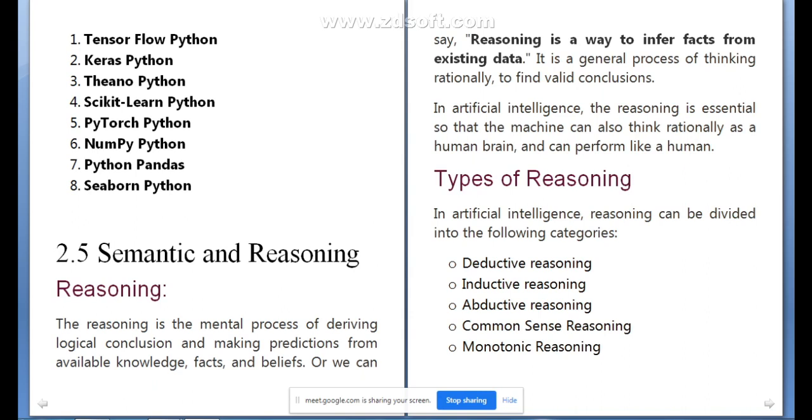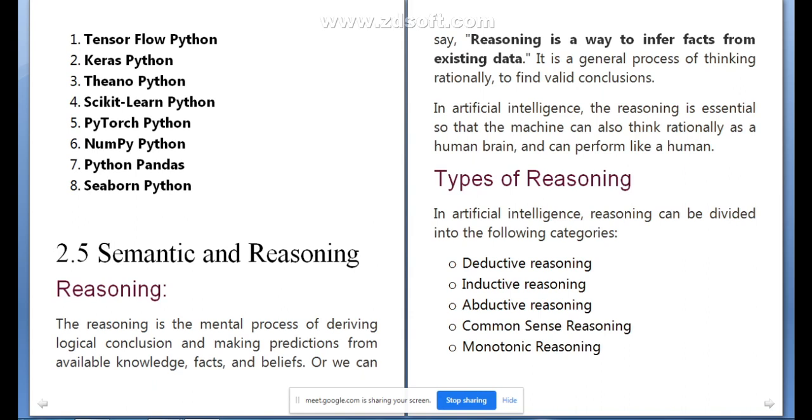That is reasoning. So it is a general process of thinking rationally to find a valid conclusion. सो आपकी थिंकिंग प्रोसेस से आप क्या करते हो, वैलिड कंक्लूजन निकालते हो, दैट इज नथिंग बट द रीजनिंग।